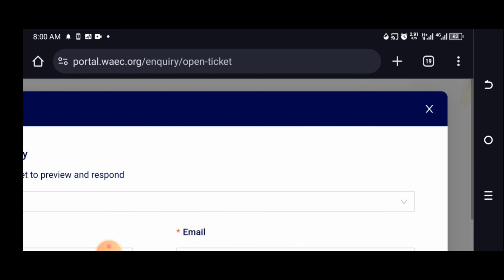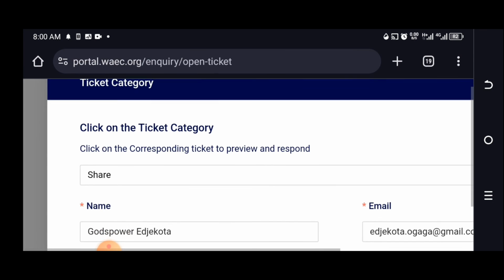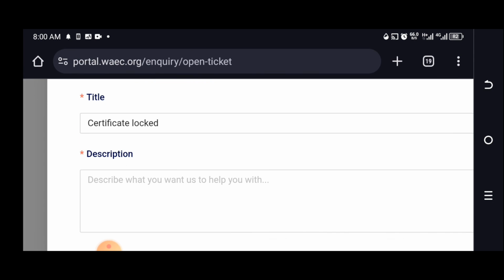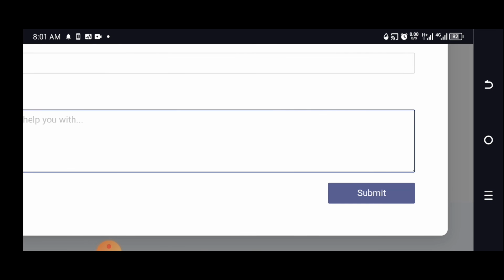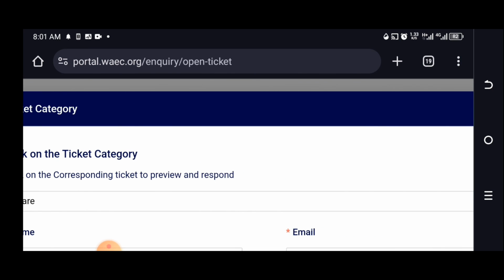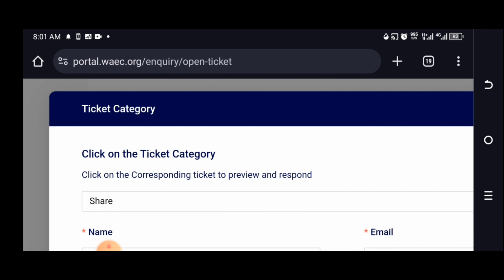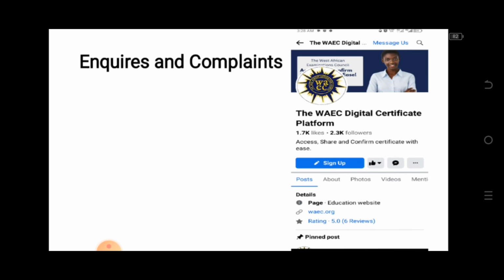Click on it. It opens up to where you can now put in the description. That's when you can write in detail what actually transpired. You explain, and after that you click on submit. If you click on submit, that's it. They will reply to you. But if for any reason they are not replying to you on this platform, when you have raised a ticket, you can go over quickly